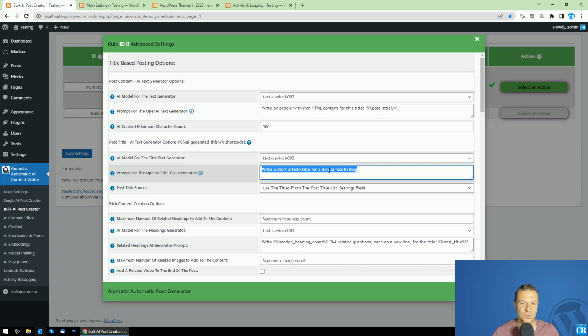So if you use this prompt, you will be able to generate titles based on it. Here you can, for example, write a short article title for a dental health blog. Let's leave it at its default value, or even better, let's write a short article title for a WordPress plugin development